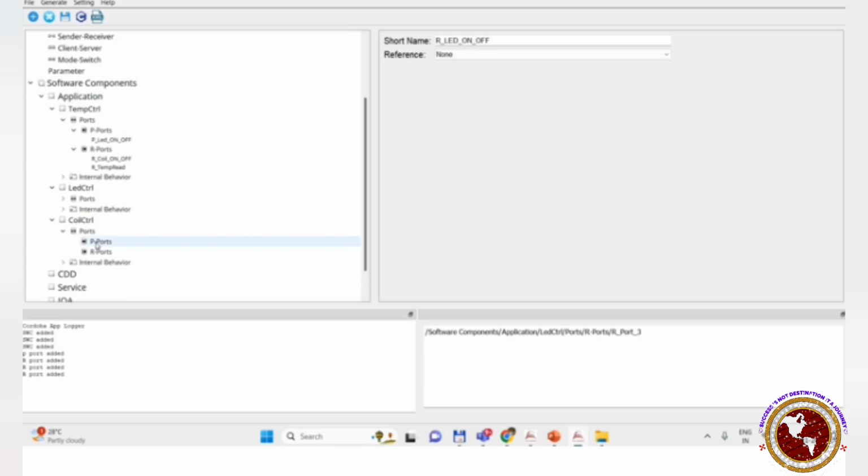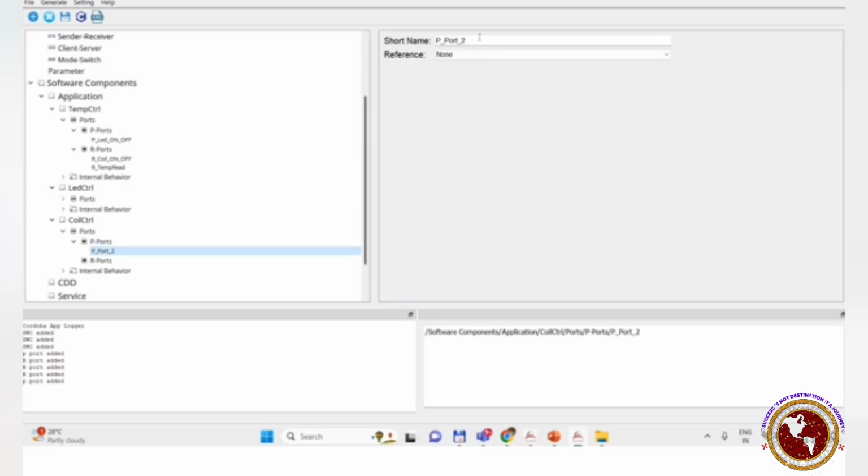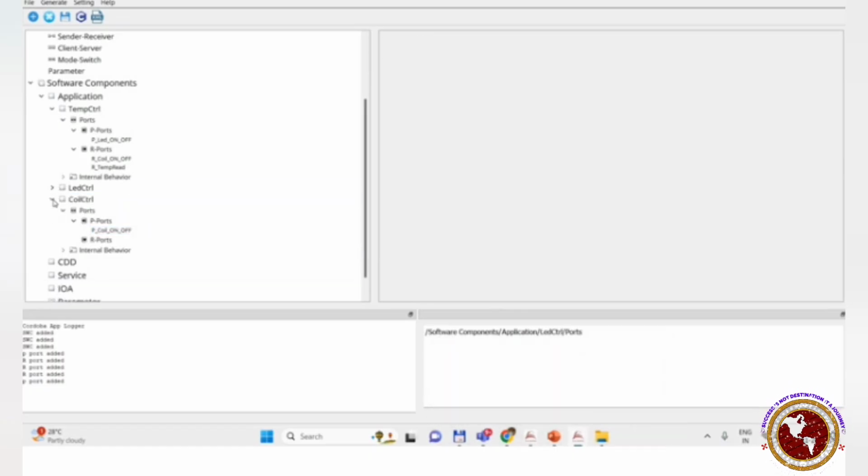control. So coil control also has got one provided port. Just click on this button. So here I am controlling the coil. I will say coil on off. Okay, so here also we have coil on off, but this is R, but this is P. Okay, so that's it. So we did